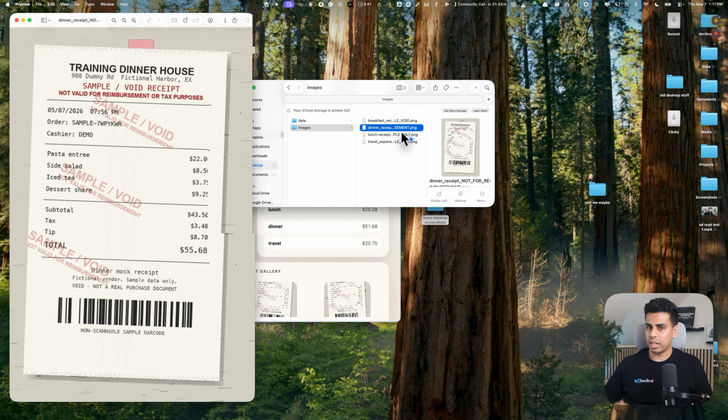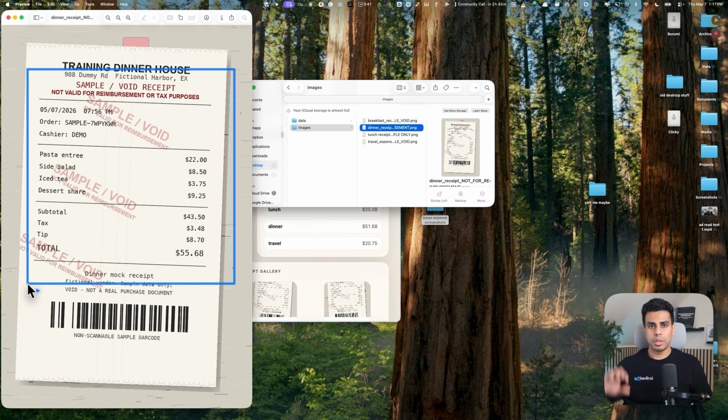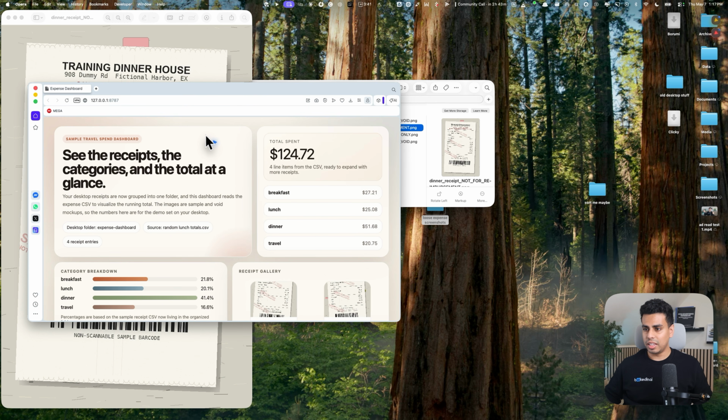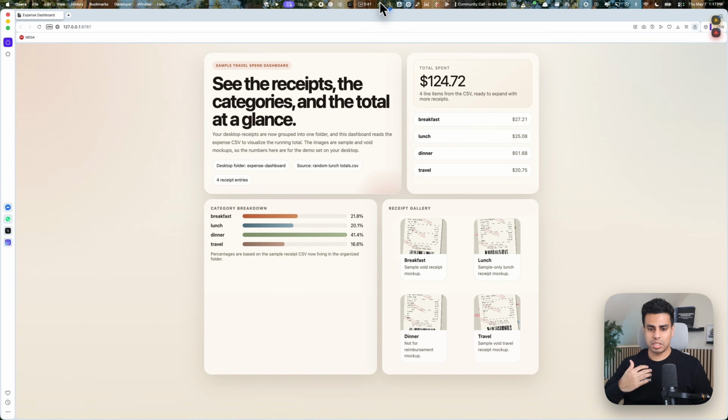So what it had to do, it had to find the pictures, it had to scrape all that data, put it somewhere, organize it, make like a database, and then this dashboard. And all of this stuff is being done on the side after I just gave it this proper command. It just went ahead and figured it out. I thought that was a really cool use case, and I like doing this here and there when I just